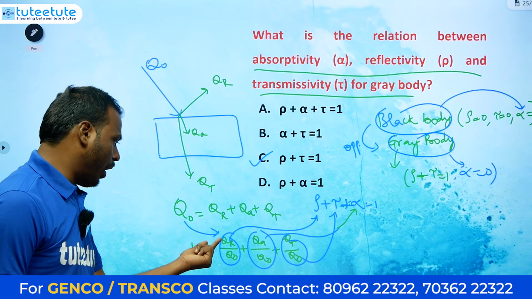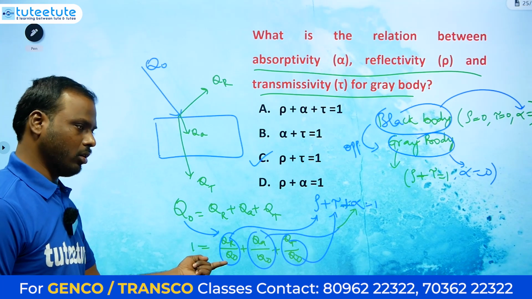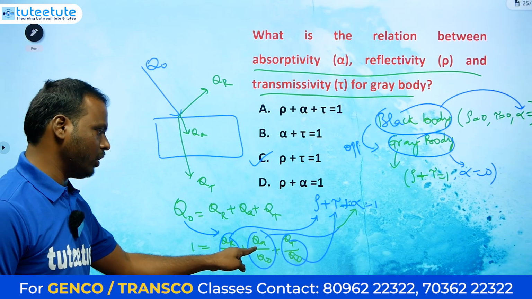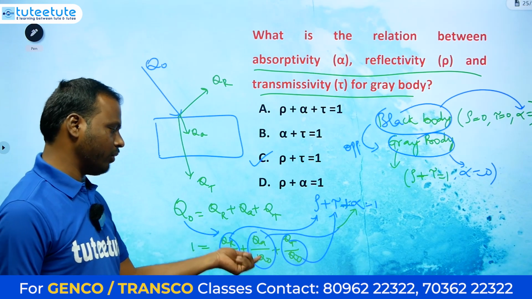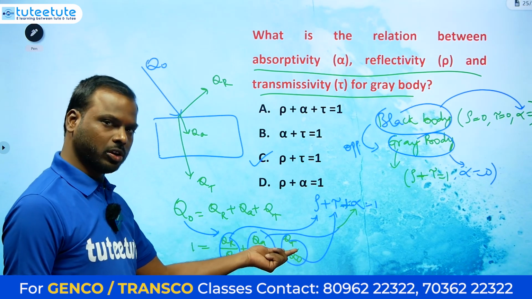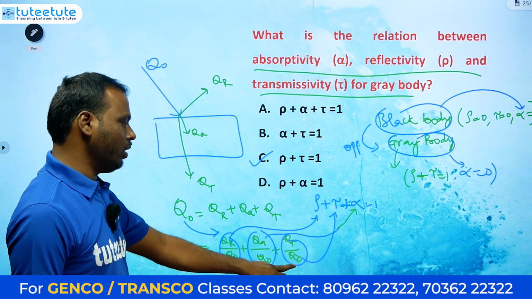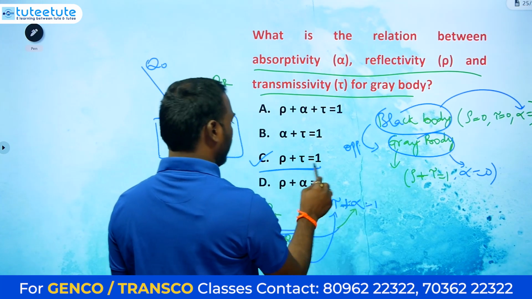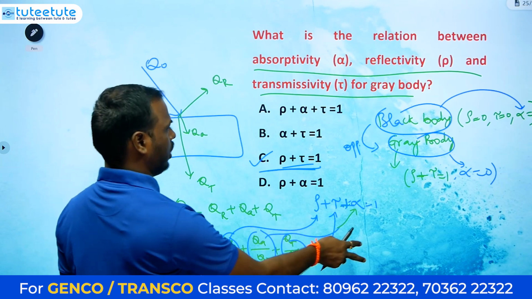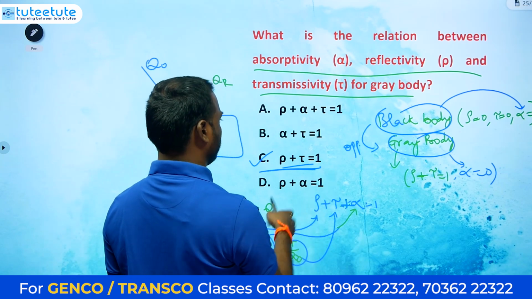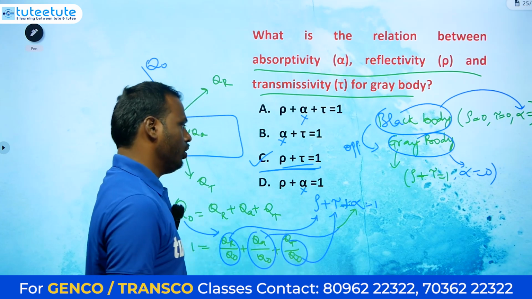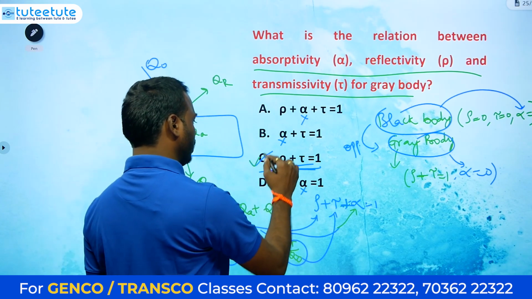And that is the part of the radiation. The radiation is a part of the total incident. One part is the absorption, one part of the total incident. Transmission energy is also part of the total radiation. So for the grey body, alpha plus tau is equal to 1. Alpha plus tau is rho plus tau is equal to 1, because alpha is equal to 0. These three are not correct. Only this one is the answer.